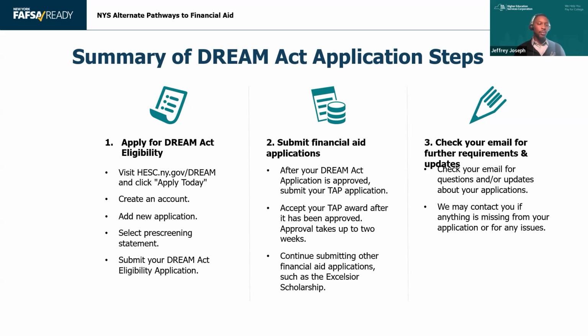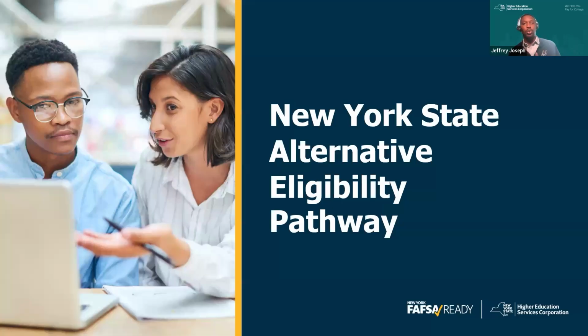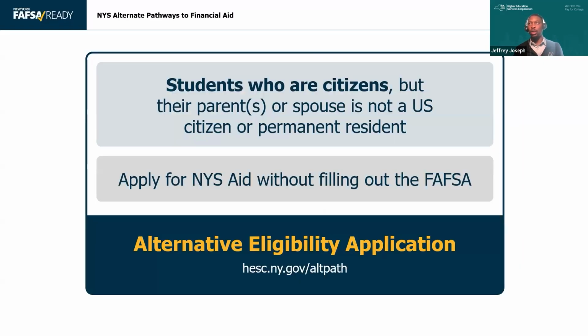So now let's talk about the new alternate eligibility pathway. It's something we're really excited about. We worked really hard in the last few months to get it up and running, because we realize that there's a certain number of students who are U.S. citizens. They're eligible for FAFSA, but because of privacy concerns for their family members, they did not want to fill out the FAFSA. So this is a way for those students who are citizens or eligible non-citizens